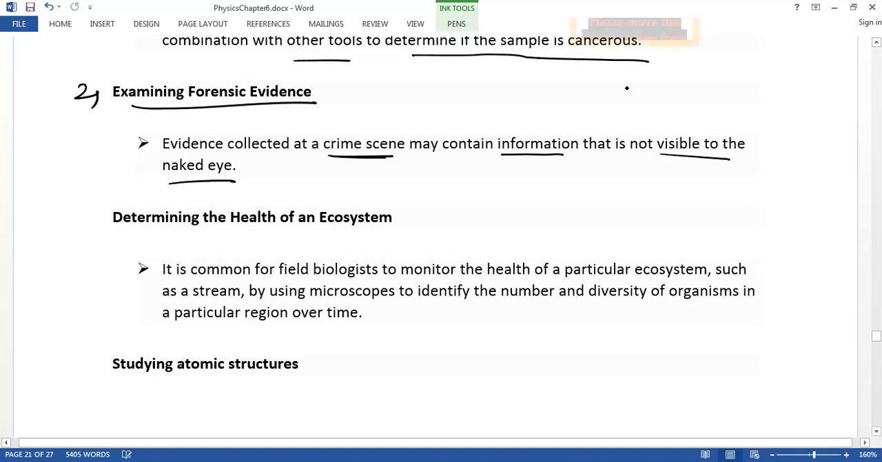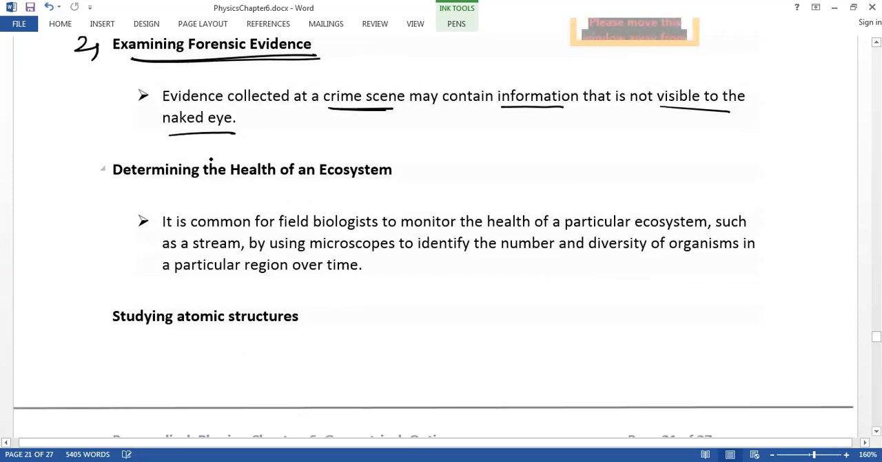For example, they'll take a hair strand and observe the DNA: what kind of DNA, which type of DNA is there, and whose DNA it is can be examined by studying the detailed structure of this hair strand, or semen or other things, which can be observed in the forensic lab. So the microscope is used in examining forensic evidence. Next one, the third one,